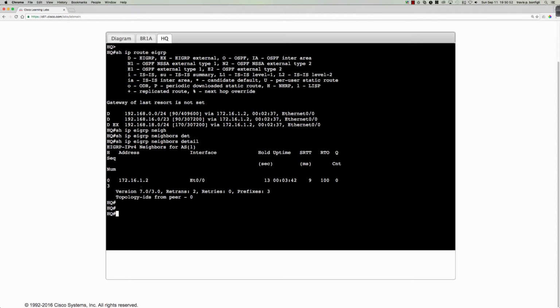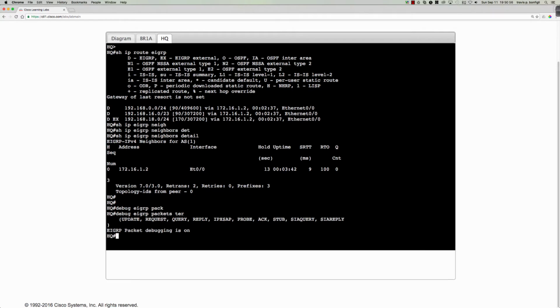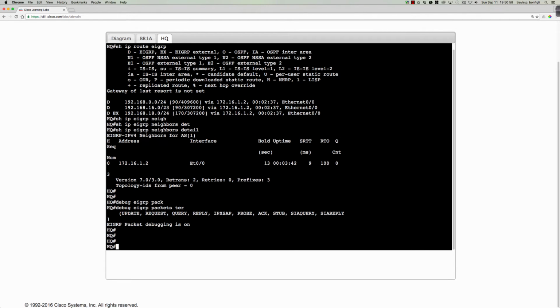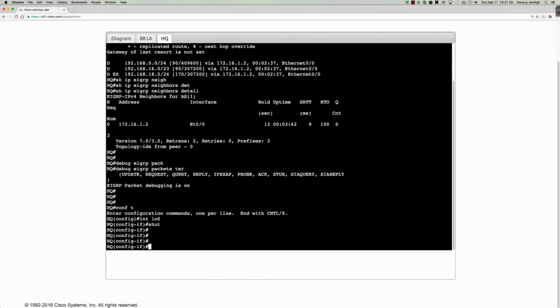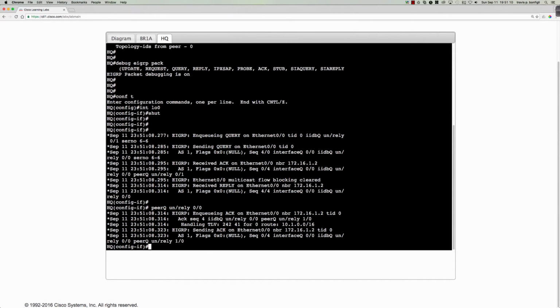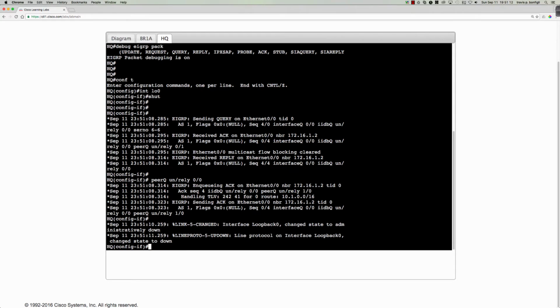On the HQ router, we're going to kick off some debugs. We're going to say debug eigrp packets terse, and that's going to give us a little more verbose output. Now let's get into global config and interface loopback 0, and we're going to shut that interface down. This should obviously generate some